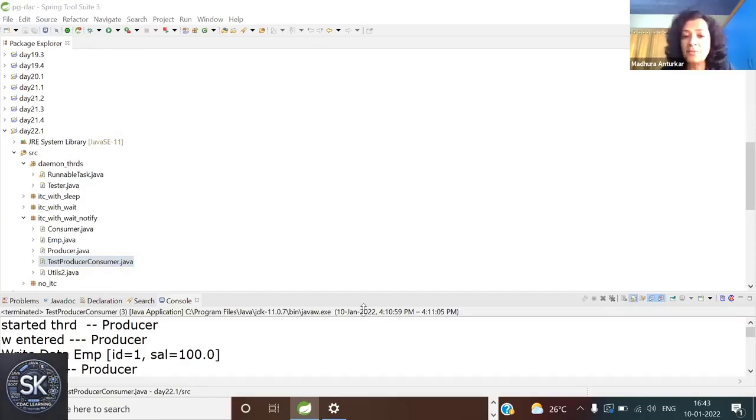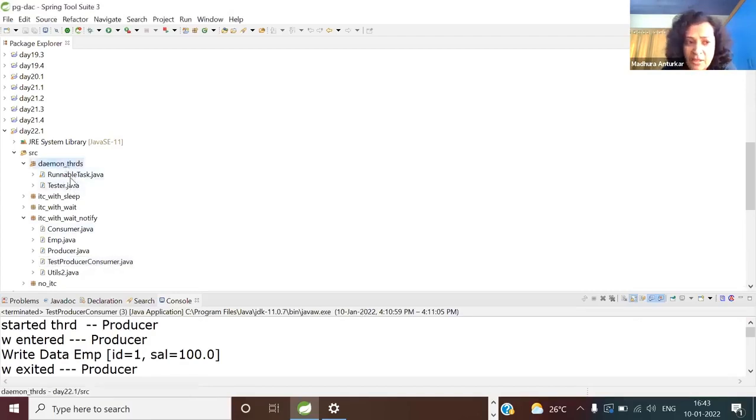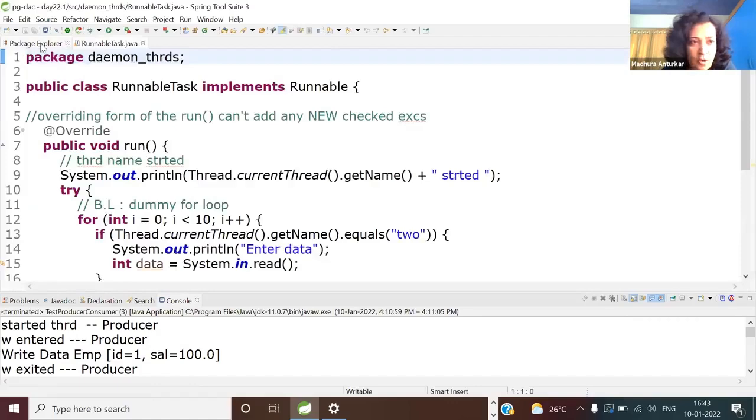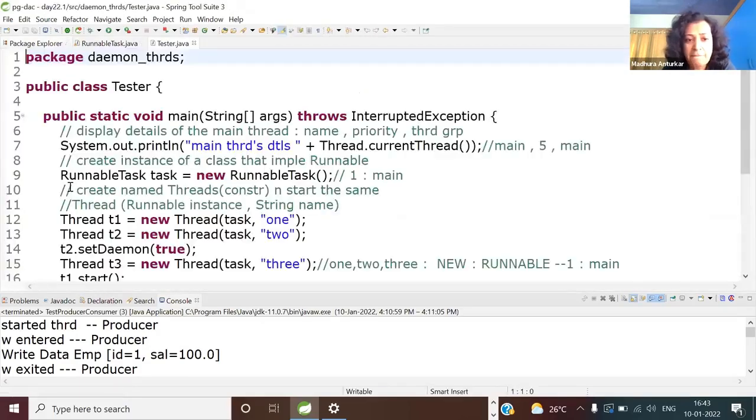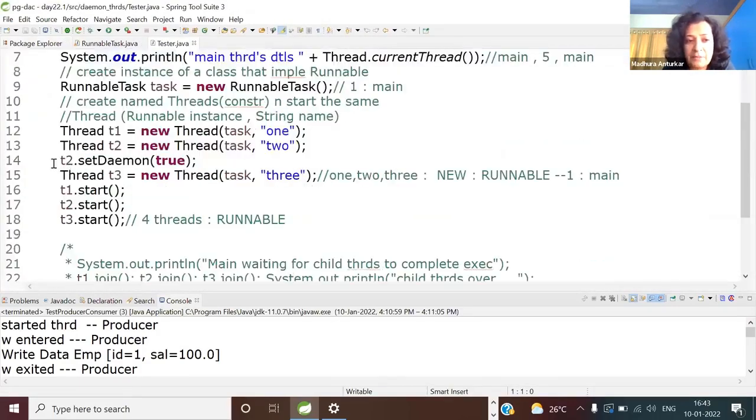I'll repeat it because you may not have heard it. Yes, useless is a very right answer, Abhijit. If your thread is blocked on input and you send the interrupt signal, it is going to be rendered useless. So that part I just wanted to confirm. If you want, you can do this with me. It will take you not more than a minute. Open the Daemon threads, open the tester and don't make it a Daemon. This is totally different from testing with Daemon.